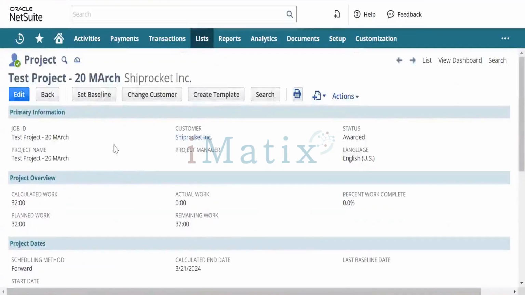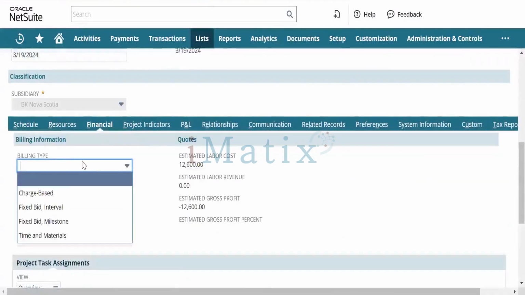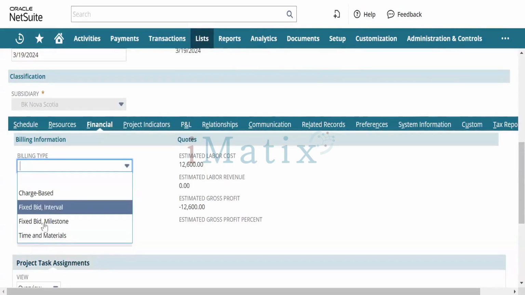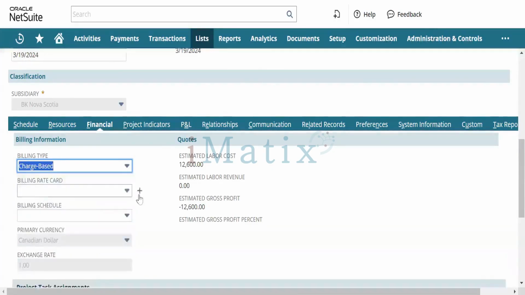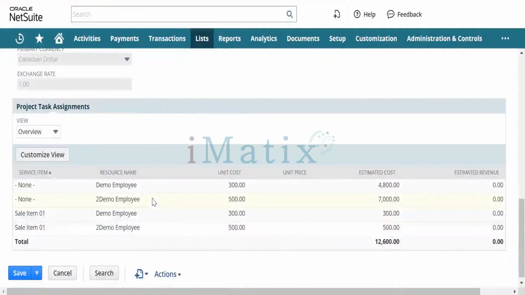Meanwhile, we can edit this charge base also. We will go to this financial. Now billing time, we are getting a charge base. We will see each of them one by one. As of now, basically what happens is with charge base, you can get all three. But in charge base, what will happen? Once I save and then go to the financial,